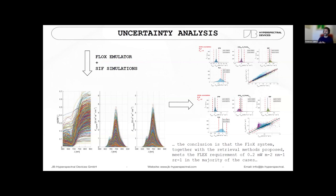And we combine this information with the simulation that we are getting with this emulator, with some SCOPE simulation. So basically, we know that we are superimposing a known fluorescence. We're trying to retrieve this according also to all these uncertainties. And as a result, what we got was a pretty nice result, because we were able to retrieve in most of